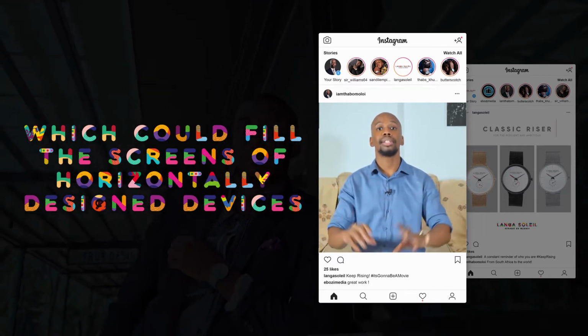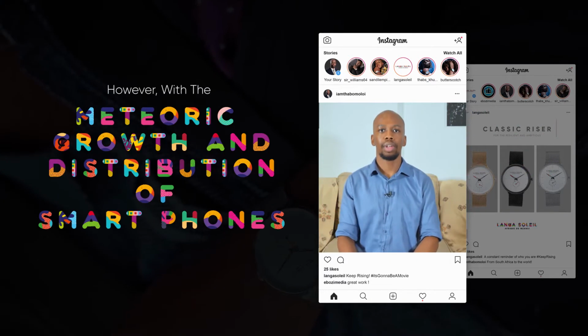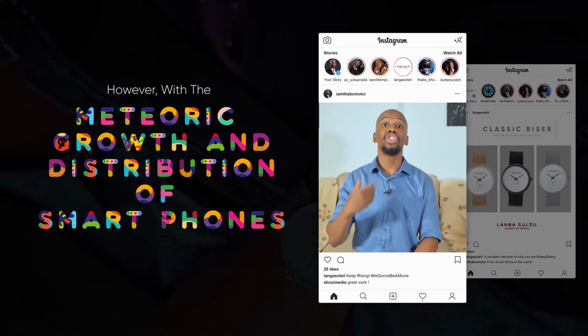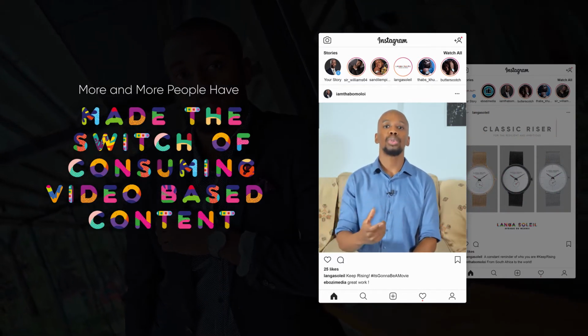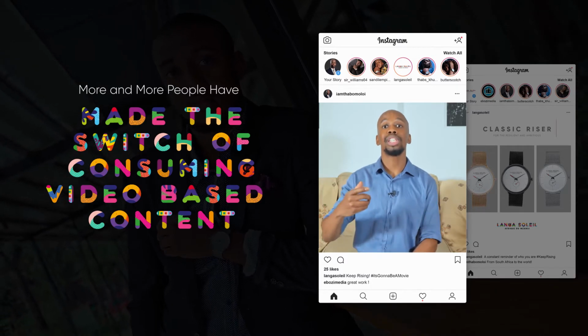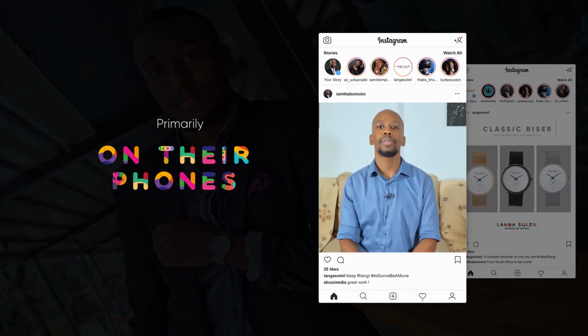horizontally designed devices. However, with the meteoric growth and distribution of smartphones, more and more people have made the switch of consuming video-based content primarily on their phones. This growing mobile trend is what prompted Instagram in 2016 to launch Instagram Stories, which promoted the rise of 9:16